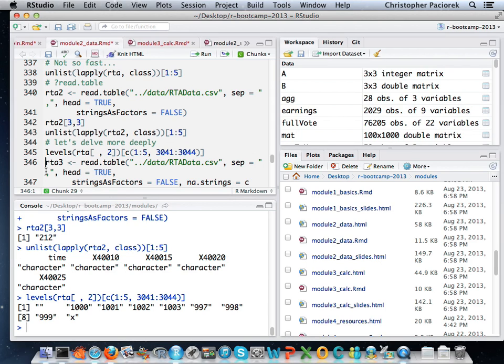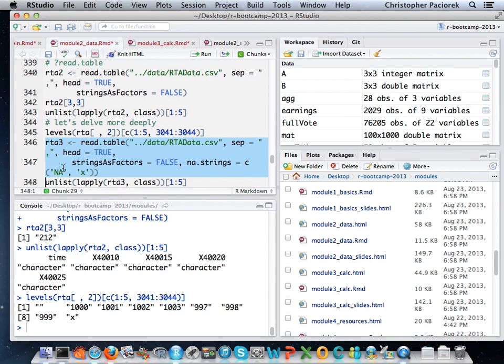I didn't happen to know that when I read the data in, and R runs across this X and says, X looks like a letter to me. This must be a character field. I'm going to treat all of it as characters. Or in the previous case, I'm going to treat it all as factors, because by default I'm trying to make things into factors.